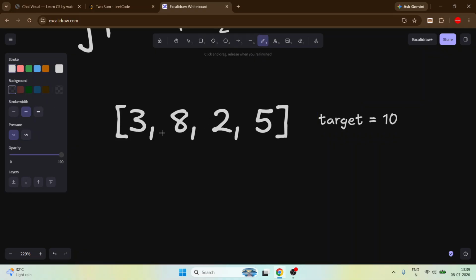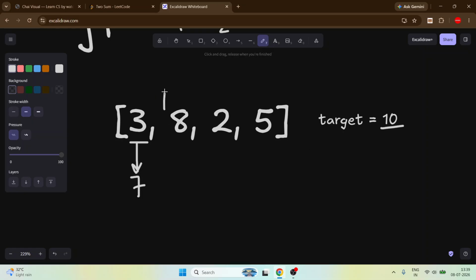Suppose we have to find the target. Let's suppose 3 is here. How many more do we need to make 3 into 10? We have to add 7 to make it 10.